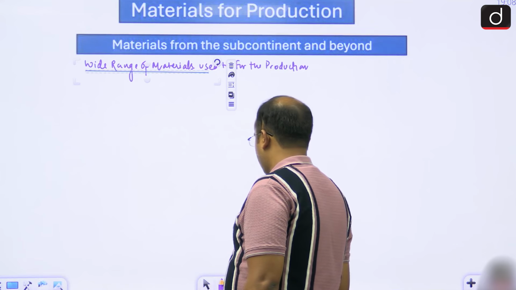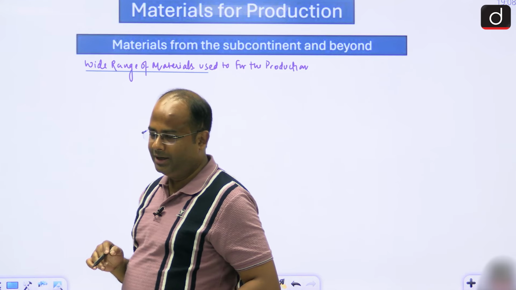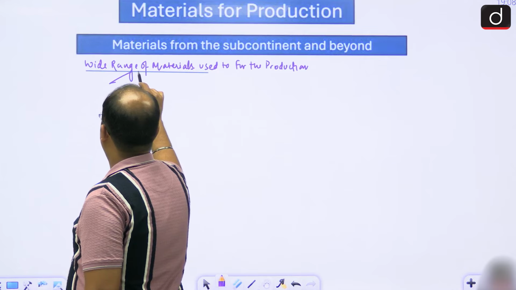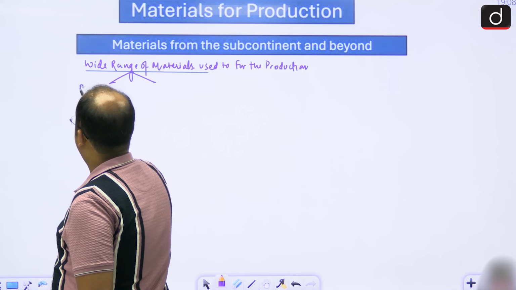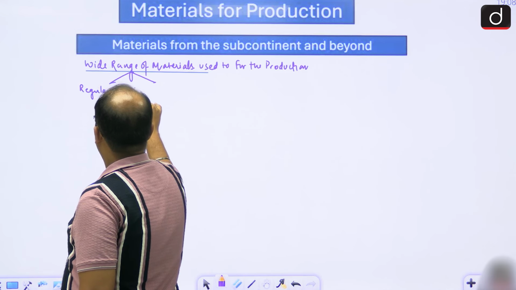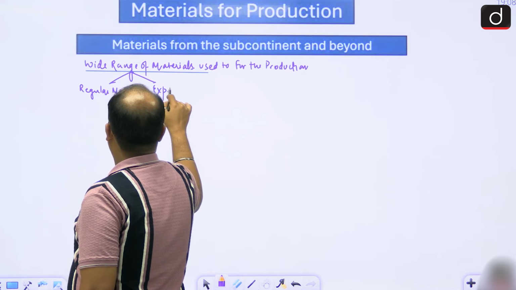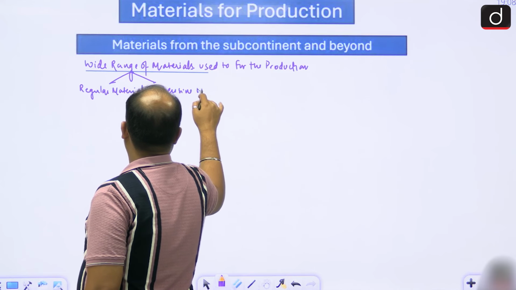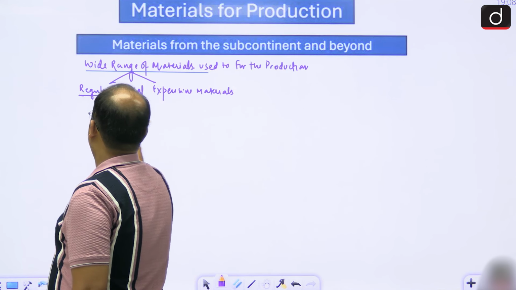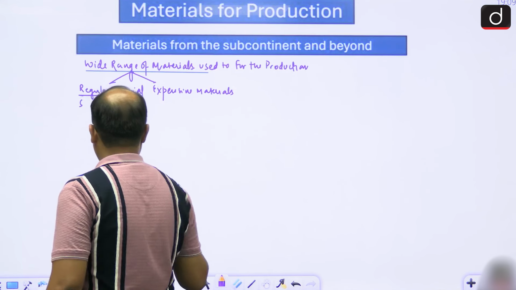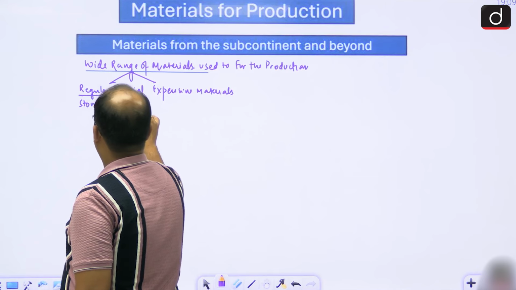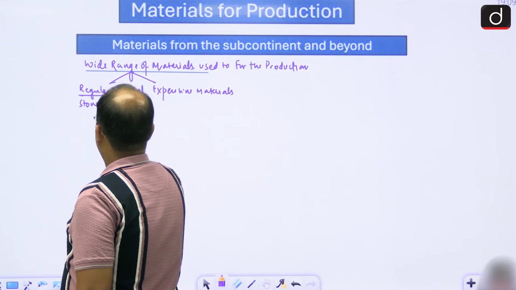will include the common materials, that is the regular material, and also the expensive material. So this wide range will include the regular materials and expensive materials. Regular materials like clay, like stone, and timber,